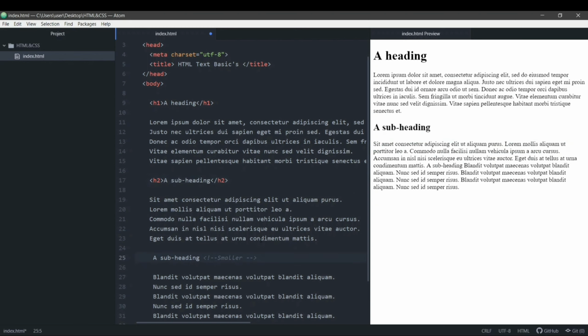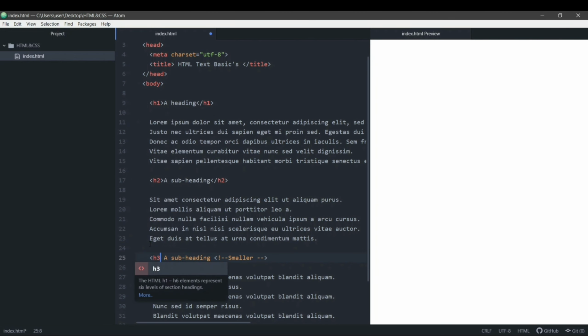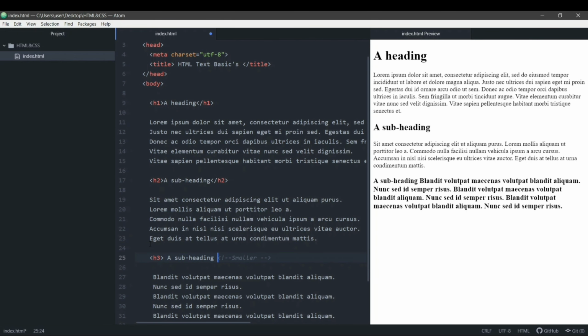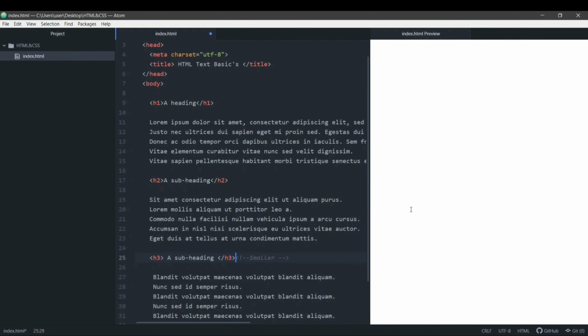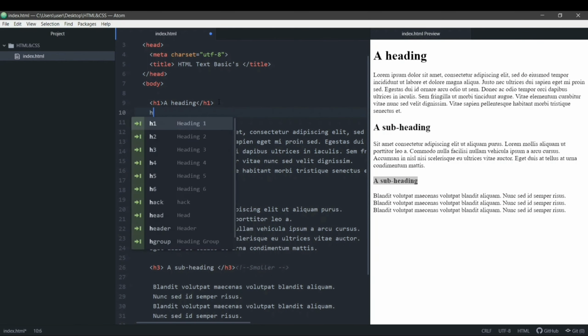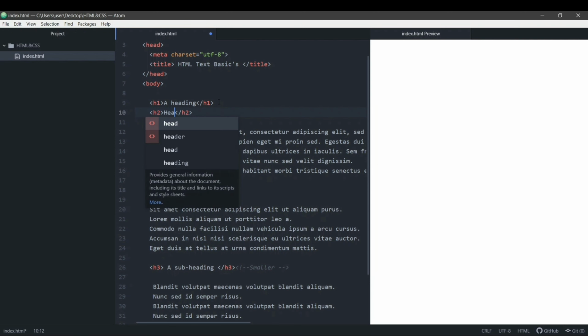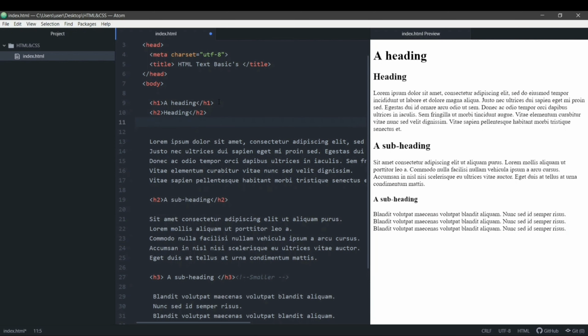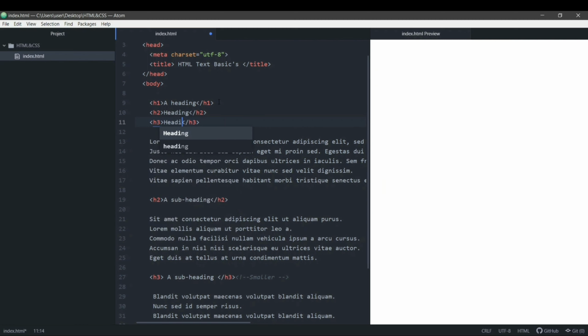Now I need a subheading here that is even smaller than H2. So we have H3. As you go down from H1, you have smaller sizes of headings. You can see that this subheading is even smaller. So there are 6 types of headings in HTML. If you want to see, I will show you one by one how each heading looks. Then we have H3.